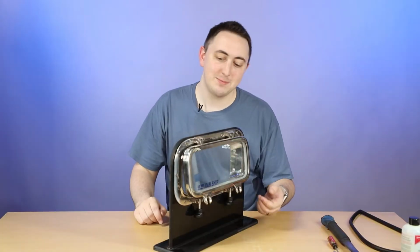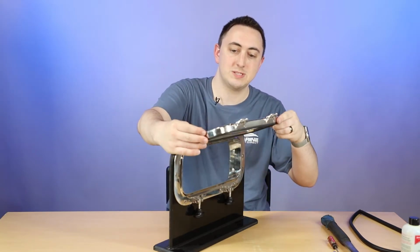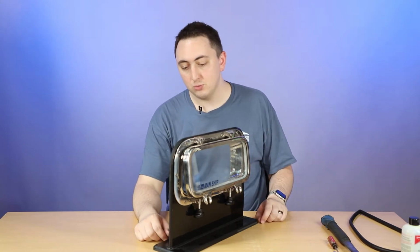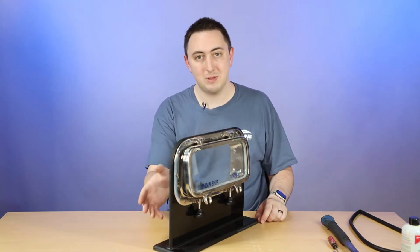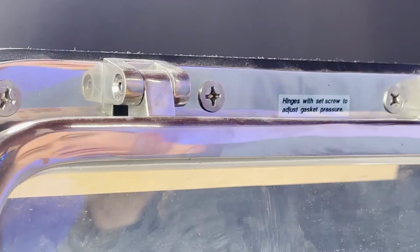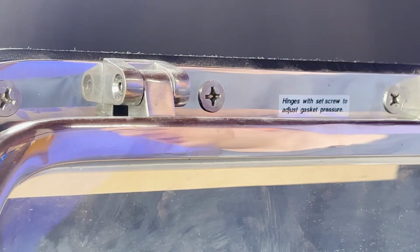Okay, so the first step is going to be to remove the pins so that we can remove this whole piece of the Portlight. That's why it's good to have a screen. If you don't want that open, maybe plastic wrap, because this is going to have to be off for about 48 hours. All right, so when we remove the pins, we're just going to hammer a little pin punch to